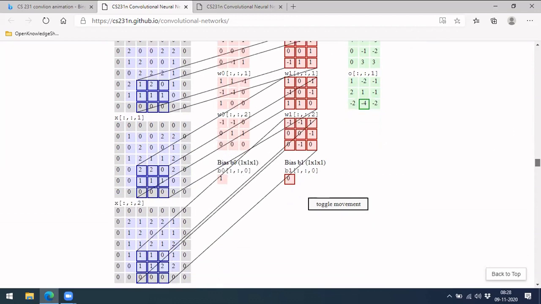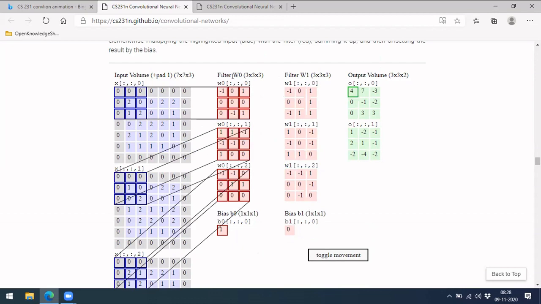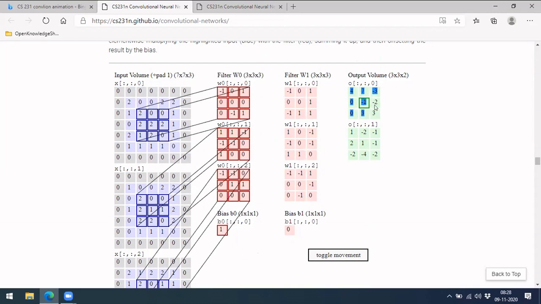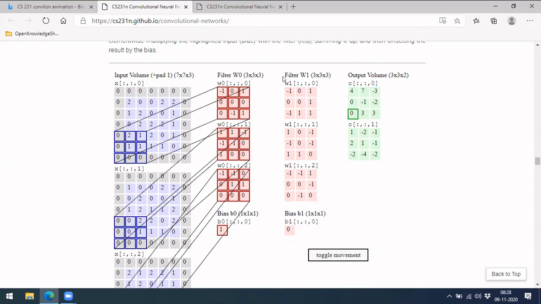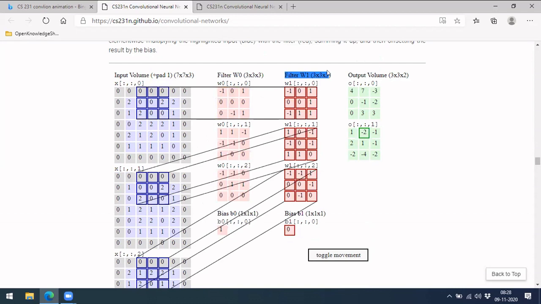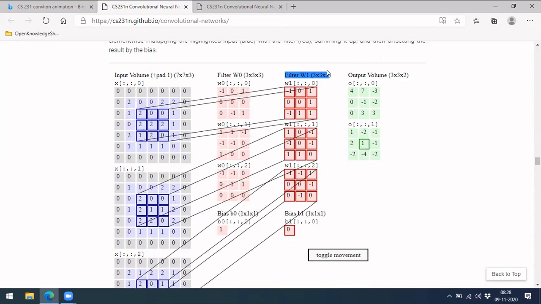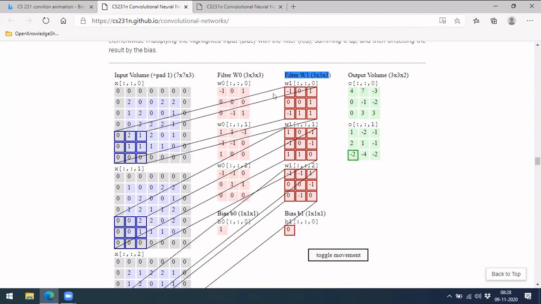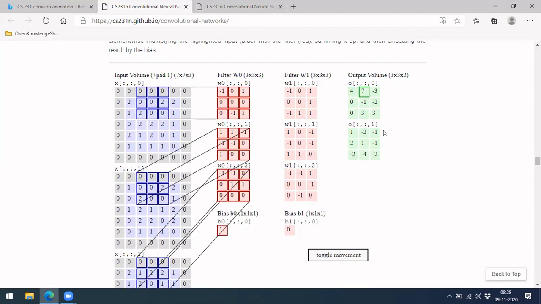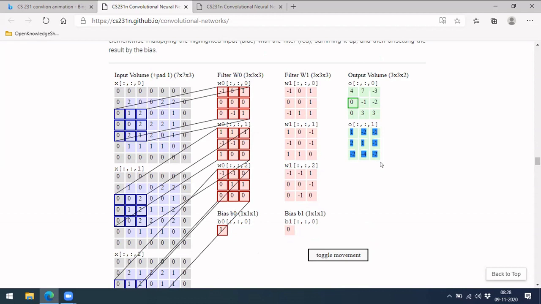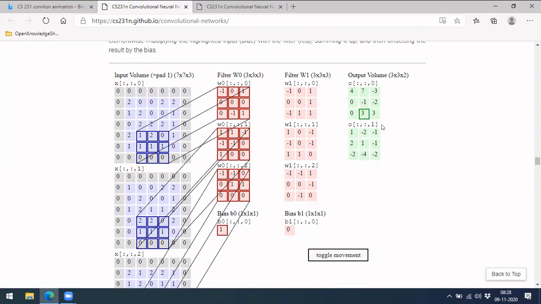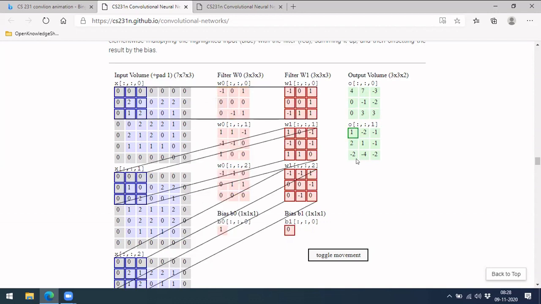So this is how it is done, and this is one filter. For each one filter you get one 3 by 3 matrix. Similarly you can have a second filter here. It is your wish, you are randomly generating the matrix for filters. Again you keep one more filter if you want, do the same thing, and you'll get one more matrix here. Likewise, you can get as many as you want.